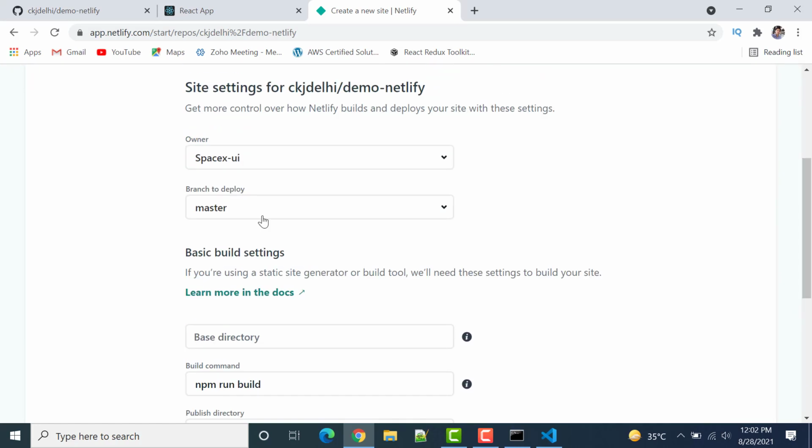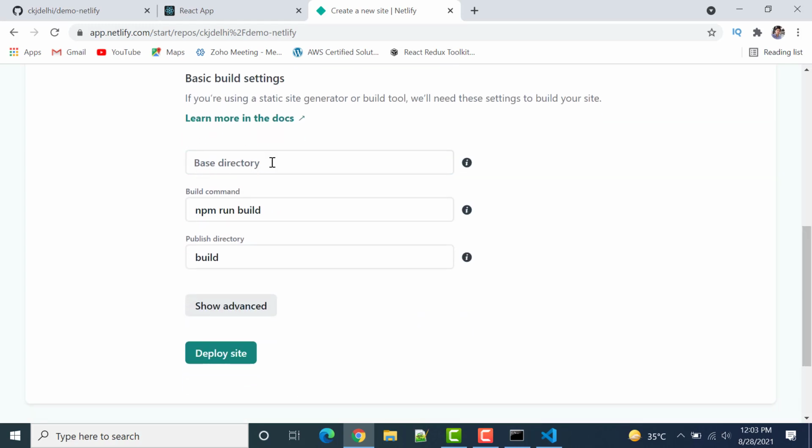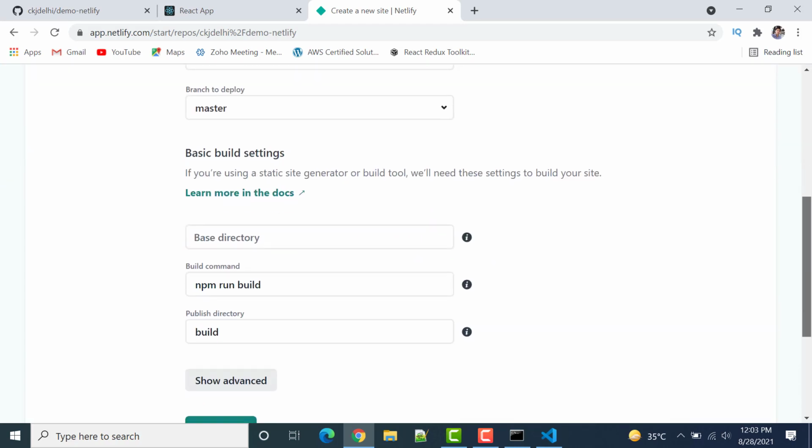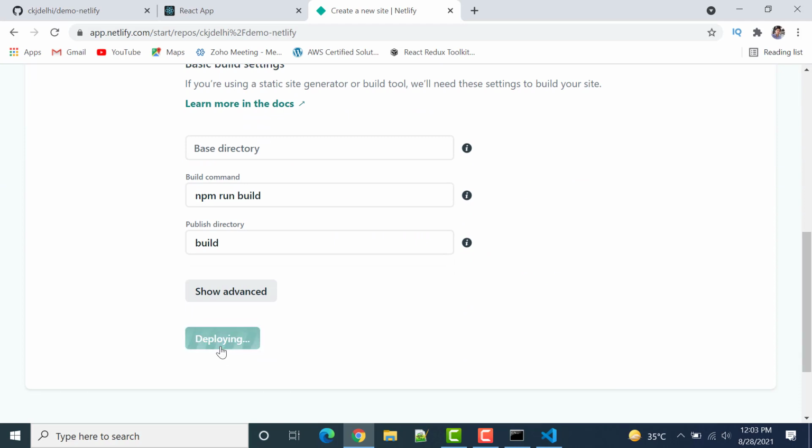The branch is basically master. Then from here we have the base directory, which we have to keep blank. This is the command npm run build, and the publish directory will be build. After that you don't need to do anything, you just have to click deploy site.